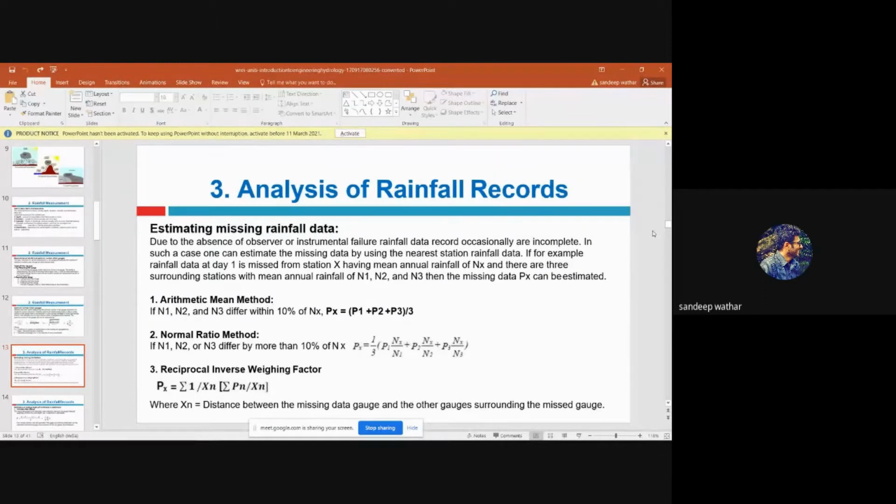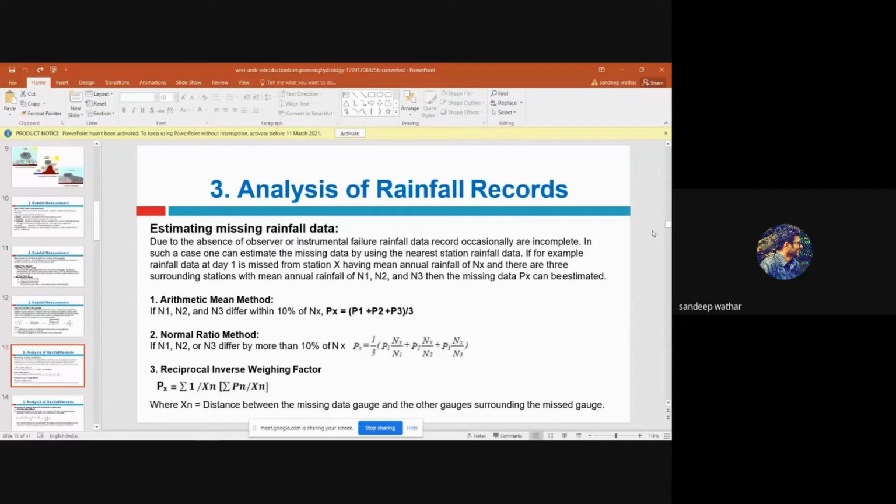Basically, if you go to the website that I showed you, WRIS, in that also you do not get consistent data. For example, there are stations in which there is missing data for 10 years, 5 years, maybe 30 years also. And there are some new rain gauge stations which don't have previous records. So this is the problem with meteorological data, that we may not find consistency with respect to the duration in years.